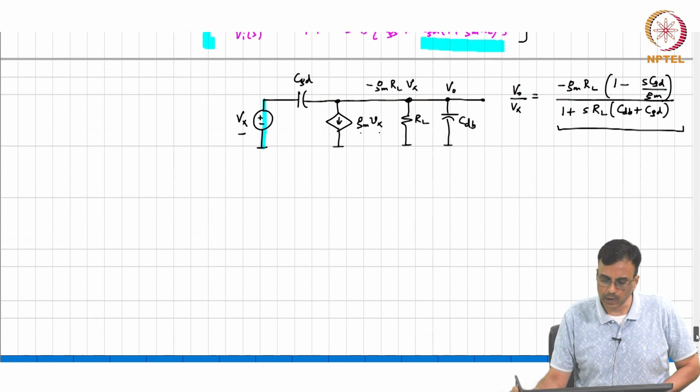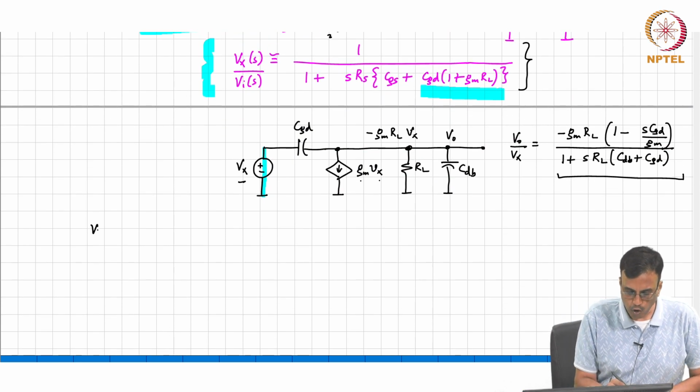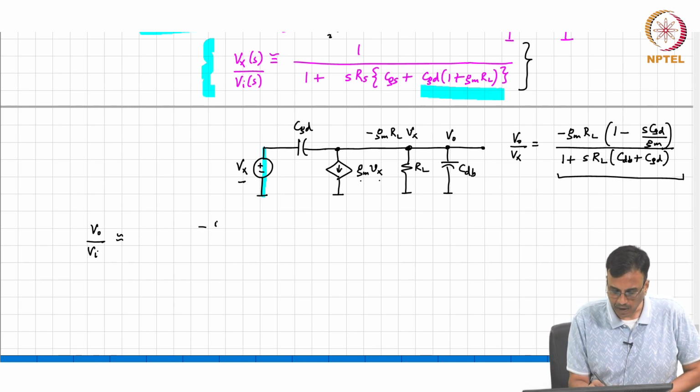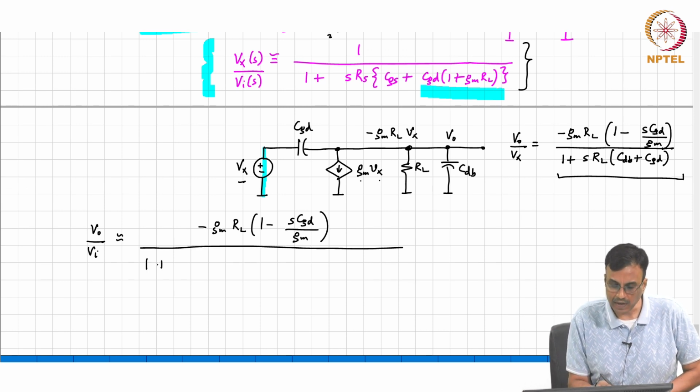So at low frequency, Vo by Vi is approximately what? Minus GMRL times 1 minus S CGD by GM over 1 plus S by P1,